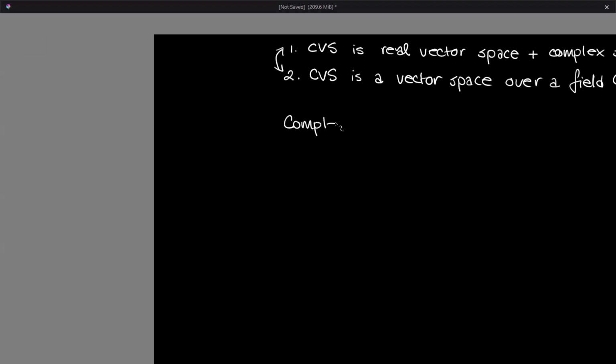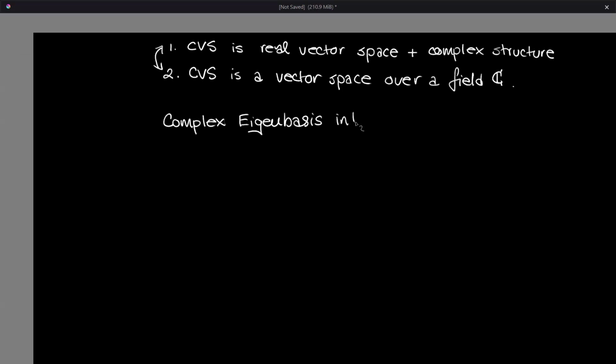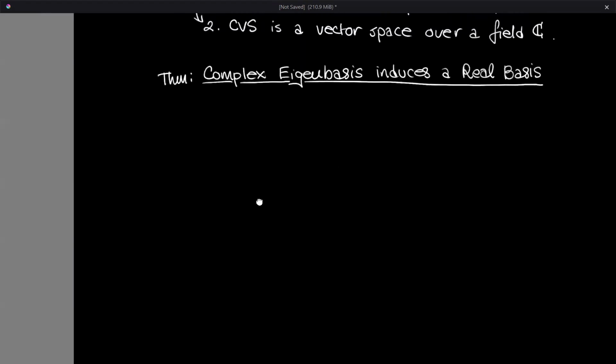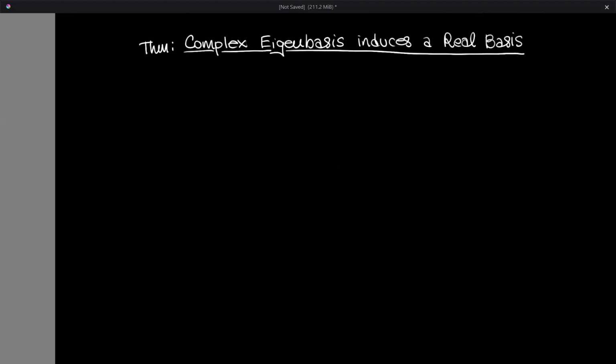Complex eigenbasis, which is what we had so far. It's L, curly L, induces a real basis. I haven't really been writing theorem so far, but yeah, theorem. Okay,